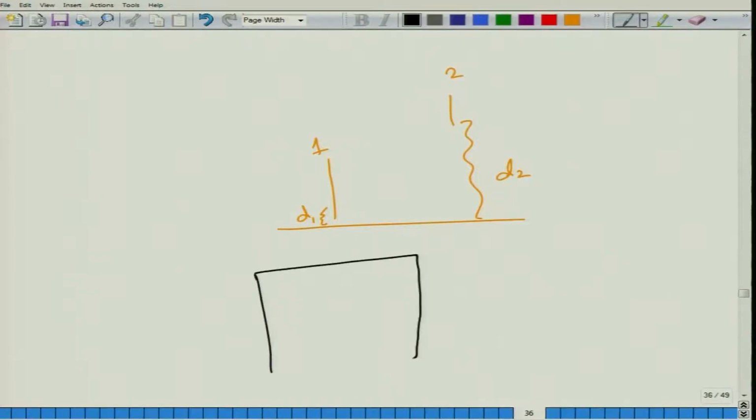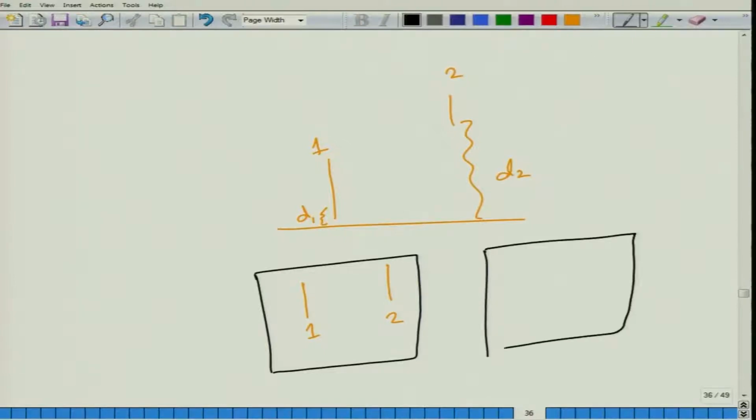In one situation you are able to get objects 1 and 2 both in the picture, and both are well focused. On the other hand, we could also have a situation in which in the photograph your object 1 looks very much in focus, but object 2 is out of focus. Now, this thing is determined by the f number